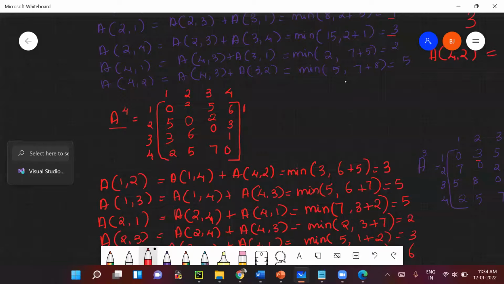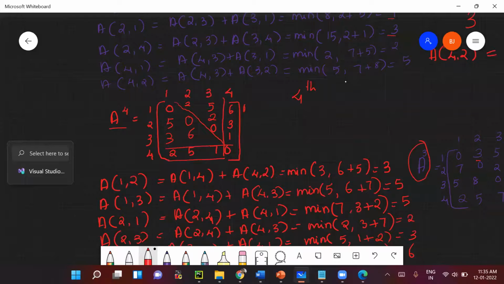Tell me what is A4? How to construct A4? When we are constructing the distance matrix A4, you are taking all the 4 vertices. Which are the 4 vertices? 1, 2, 3 and 4, right? So when you are constructing A4, the row and the column which will be copied as such from the previous matrix A3 are the 4th row and 4th column, right? And also the diagonal values, right? So all these you will be copying from A3. Whatever you had in A3, you just copy.